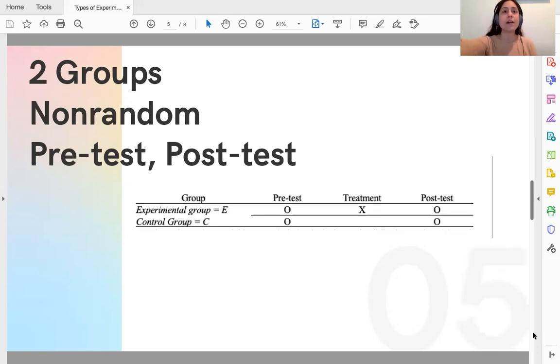Okay, then we have a two-group non-random selection pretest post-test. So here we have two groups. The top group is going to resemble what we just saw with the other, which is a pretest, the treatment, and then a post-test. And then the second group is our control group that's going to get the pre and post test, but no treatment, okay? The main weakness here is that it's not random, okay? Because we can't then say that the groups are not different. The possibility will always exist that there's some critical difference that's not reflected in the pre-test that is contaminating your